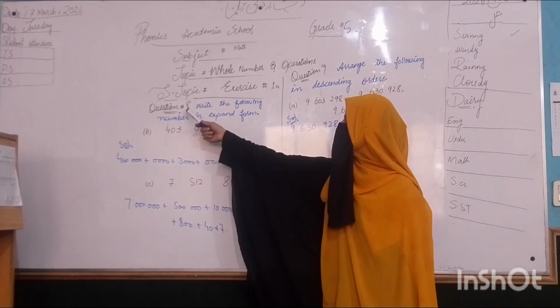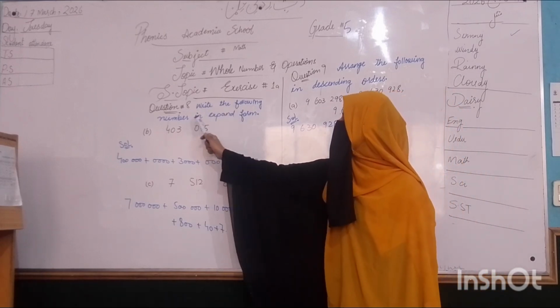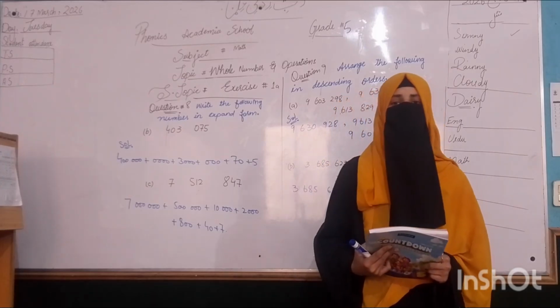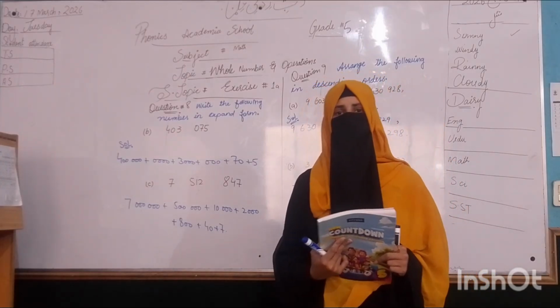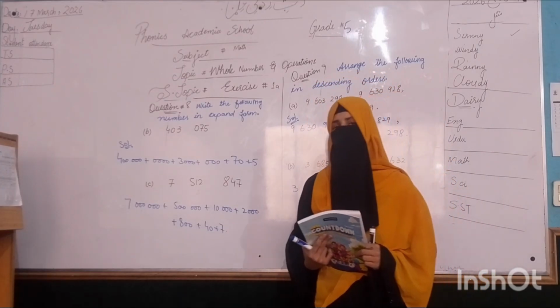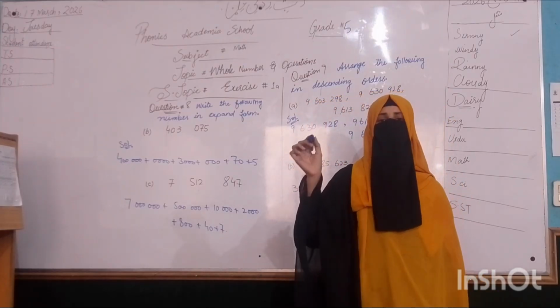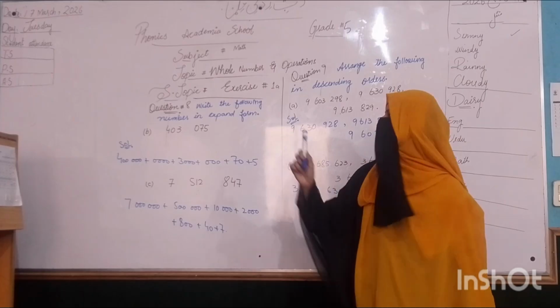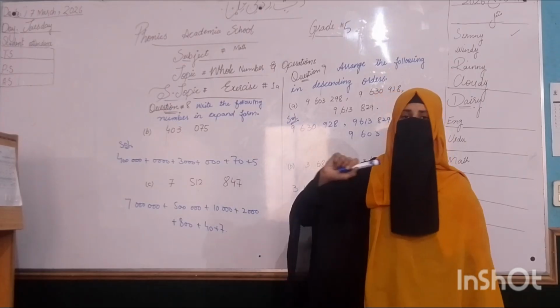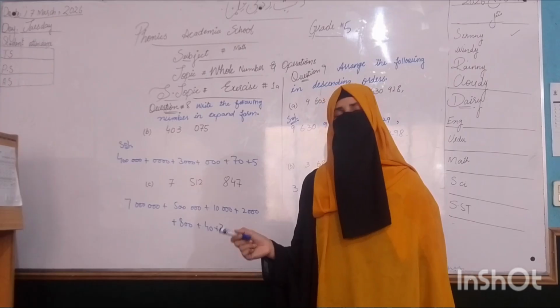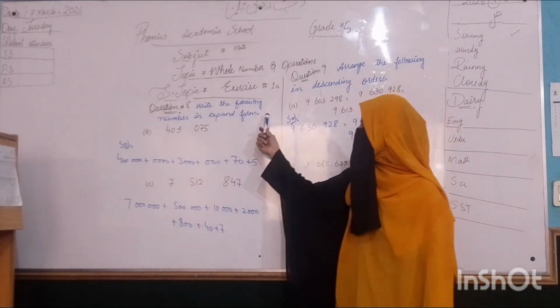So we have question number 8. Write the following number in expanded form. What is expanded form? You write the parts of a number according to their place values. The place value of each digit, combined together, is known as the expanded form. The name of the place value of a number, written out, is called the expanded form.